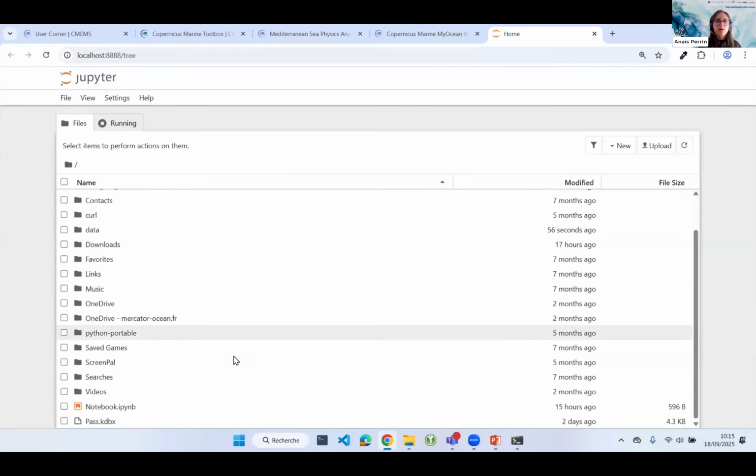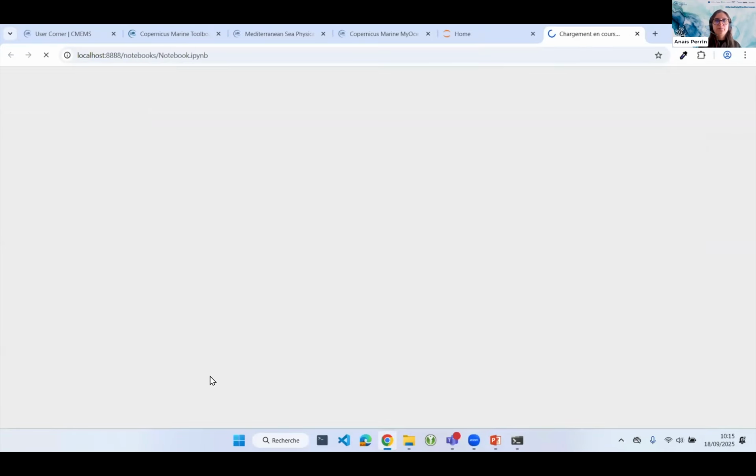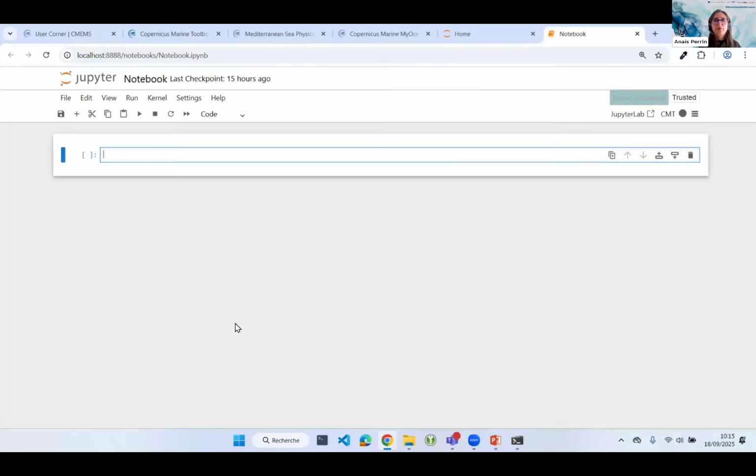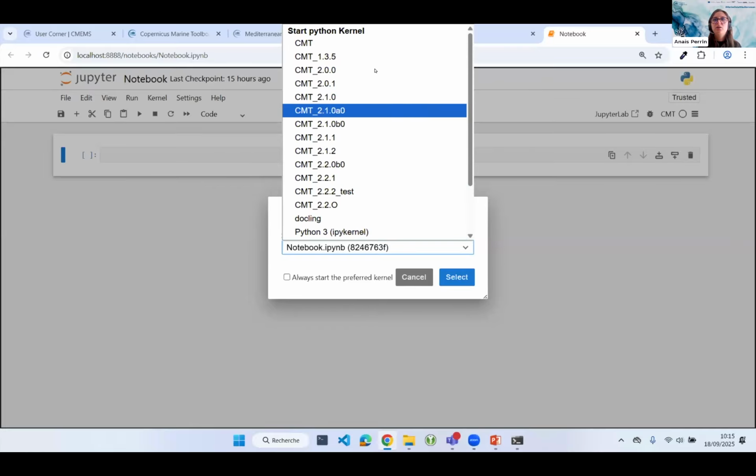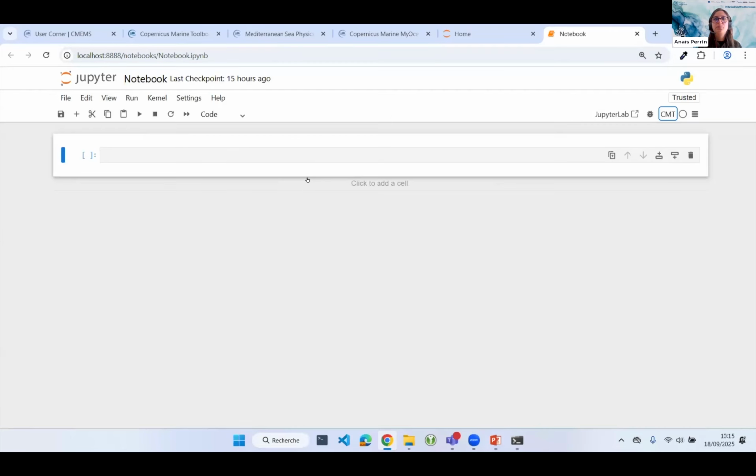Now I will open a notebook here. And the first step is to select the kernel corresponding to your Toolbox environment. By clicking here and here, I can see all the available Python environments and I will choose my CMT environment. To use the toolbox, you must first import it by typing import copernicusmarine,